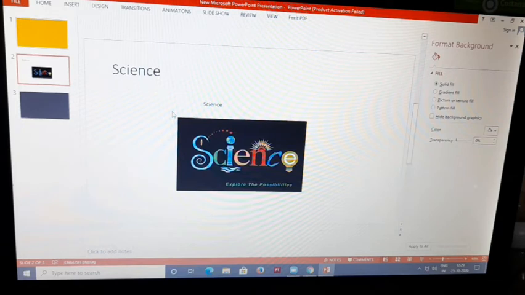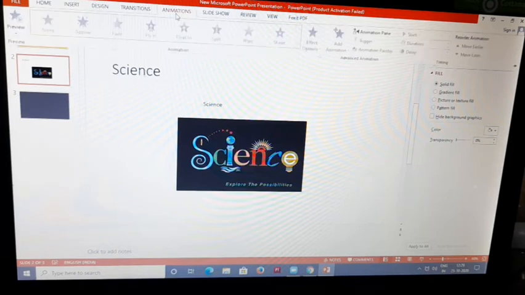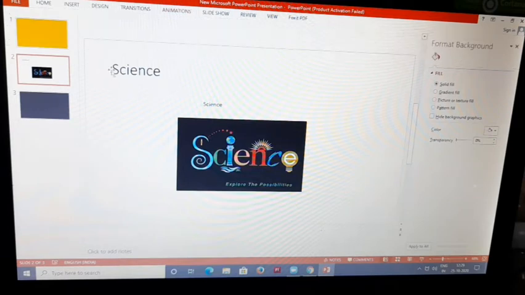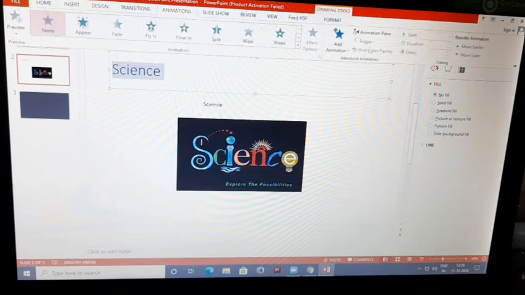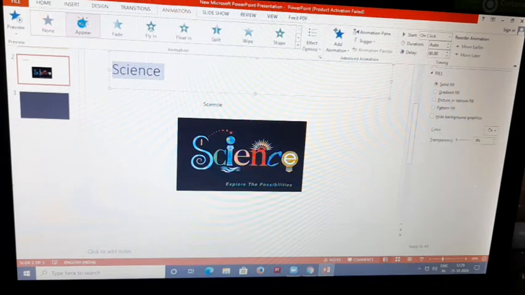Now we are going to animate an object. For the animation, we can see the Animations tab. When we click here, there are so many options. When we select the object and click the animation again, it will appear like this, like this, like this.